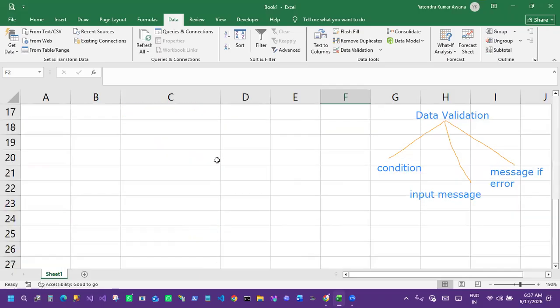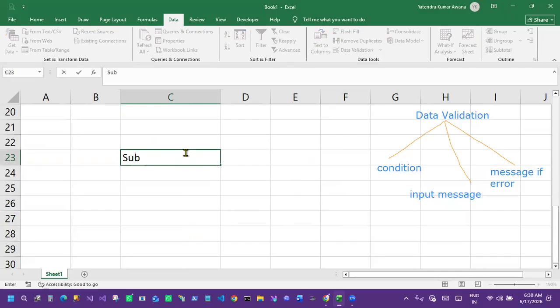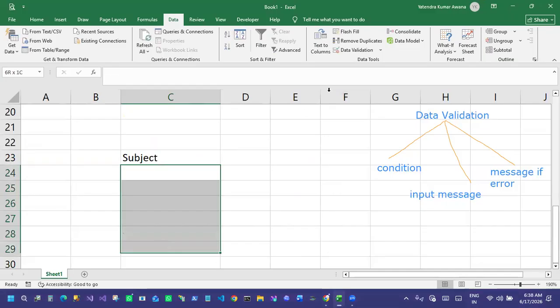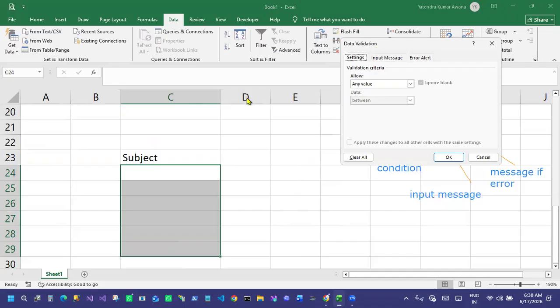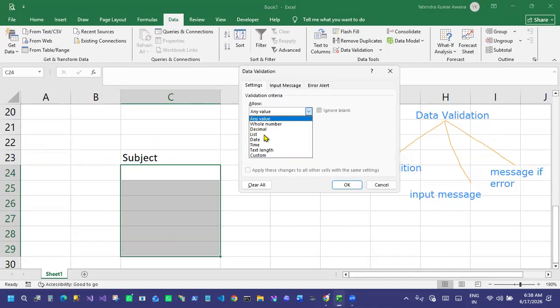One more example I want to give you for the list. Suppose I want to show the subject, and I want the subject from here to here. I am using data validation and I'm using list. This is the list.